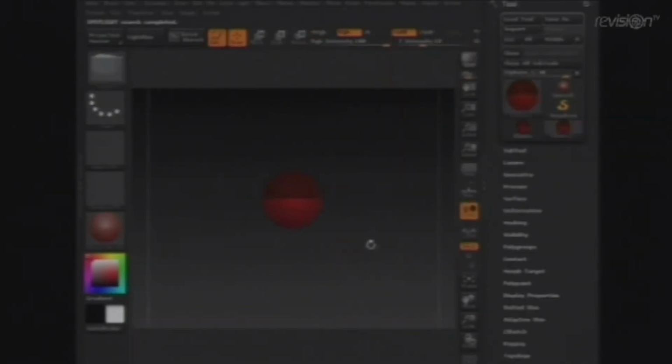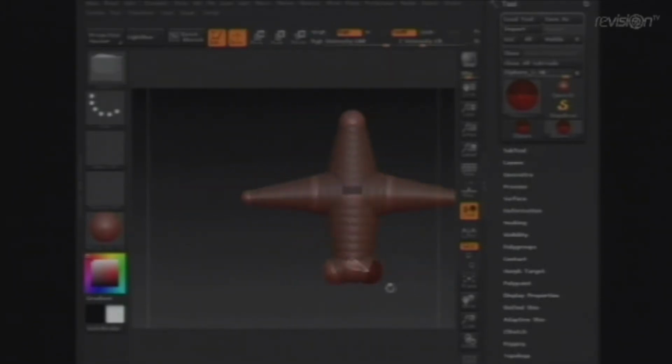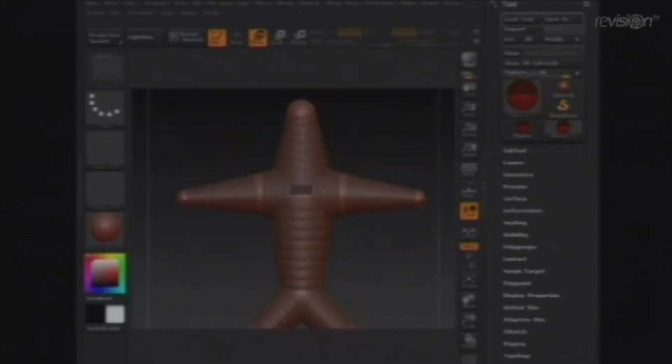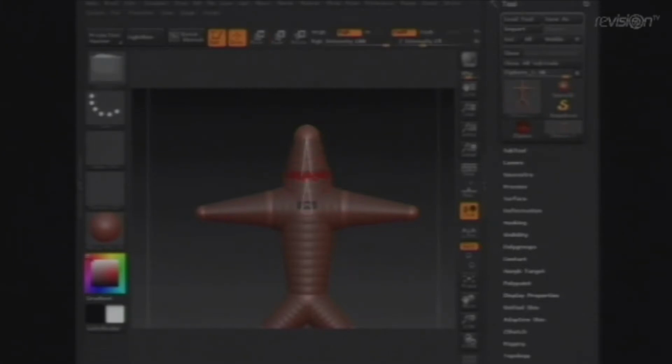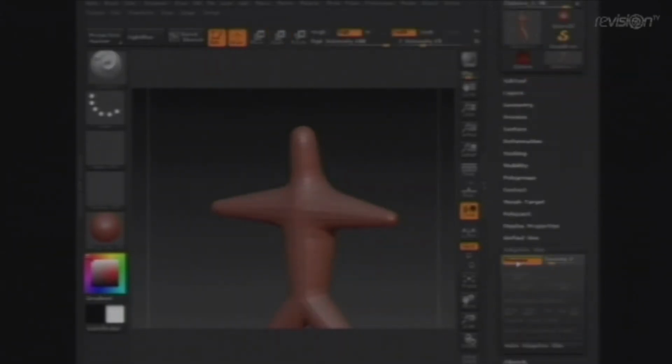This is a Z-sphere, and you can also use symmetrical modeling on this. If I want to create a base mesh for a character, 2 arms, 2 legs, I would simply add more spheres. You get the idea. And okay, a neck. Okay, and under Adapt Skin, you can go to Preview and take a look at what you will get